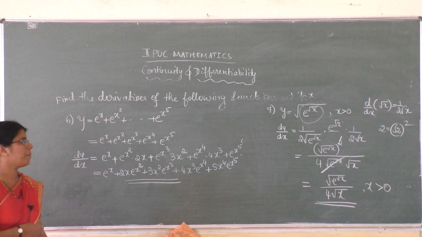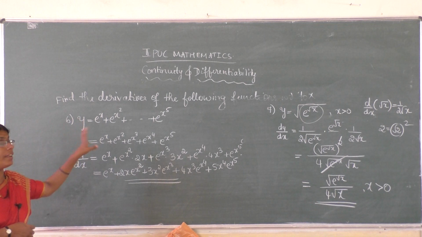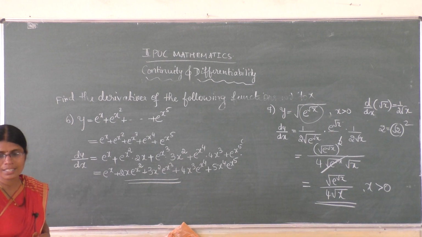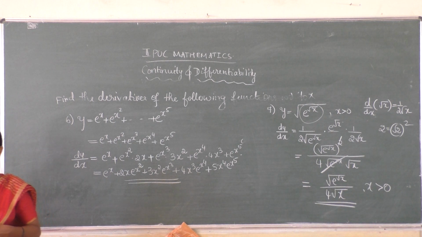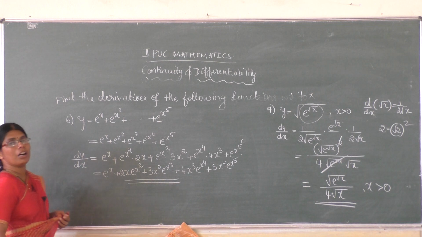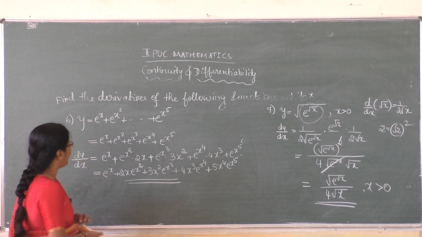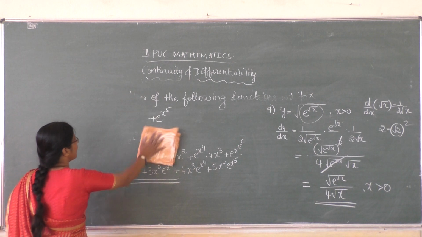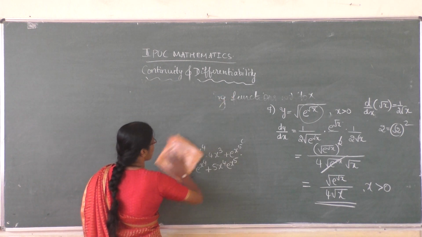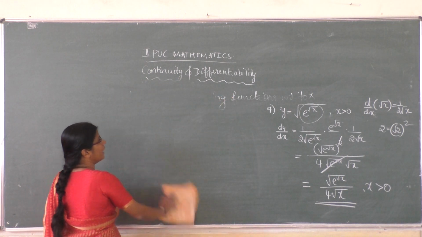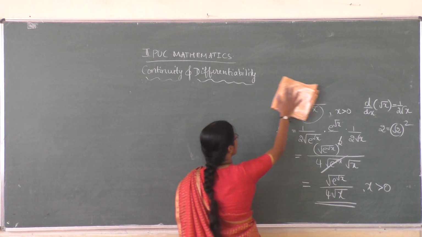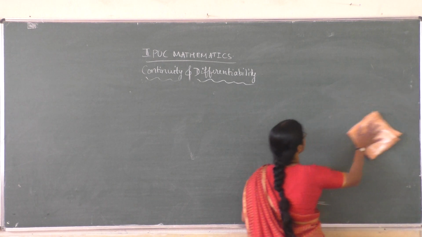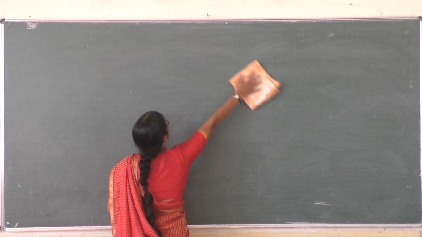So this is about the derivatives of some particular functions. So the homework is the properties of logarithm. You have to prove those properties, that is addition, log pq is equal to log p plus log q. Similarly, log p to the power n is equal to n log p, and then log p by q is equal to log p minus log q. Prove that at home. That is the exercise part.